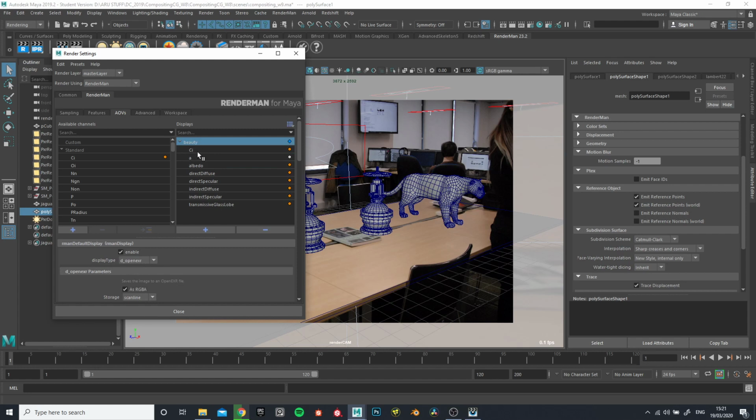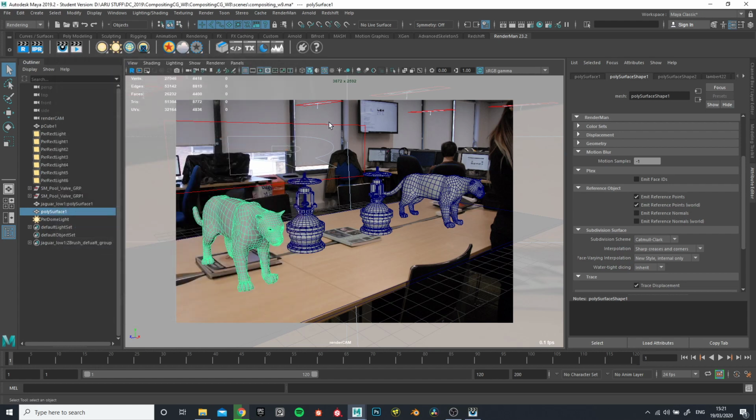If you want to do that, then we can have a little bit of control over that, and control some of the other aspects of the compositing. But with the beauty we can do most of the heavy lifting. Okay, so once you have that and you want to render, all you have to do is